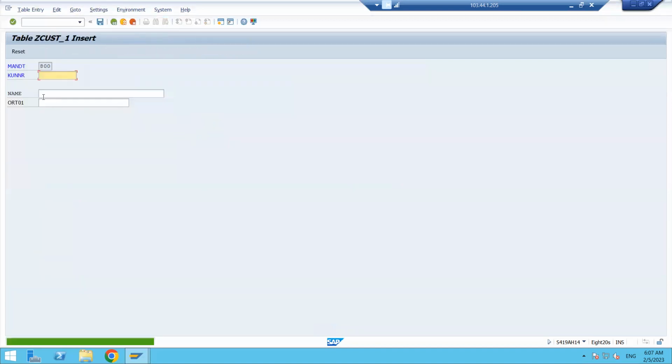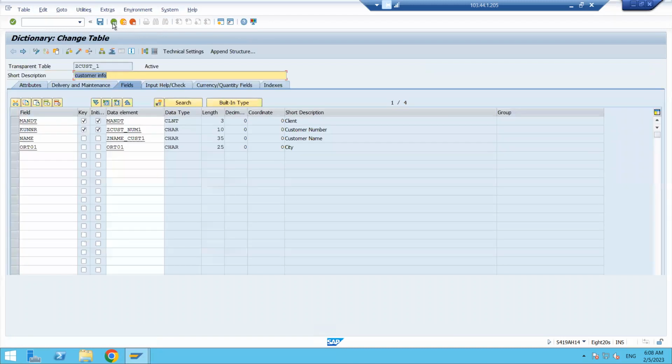And here I want to give some customer information. But the customer information I want to pick from the KNA1 table. I just want to cross check the table. I want the F4 option here, and if I click on the F4 button, I want to display the data from the customer KNA1 table and pick some customer information. But here F4 help is not coming. So what I will do,